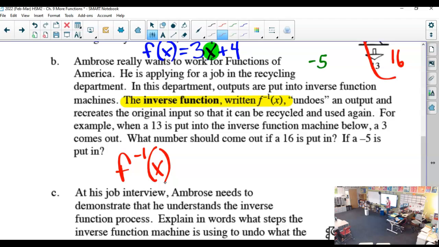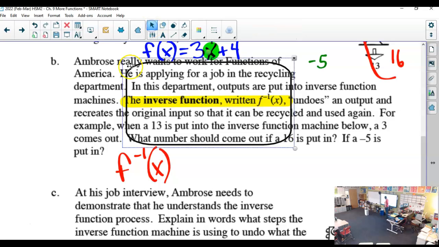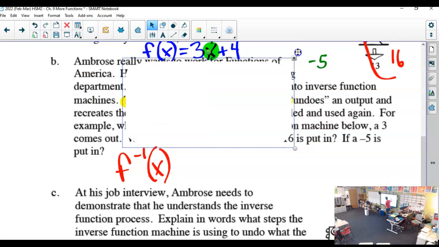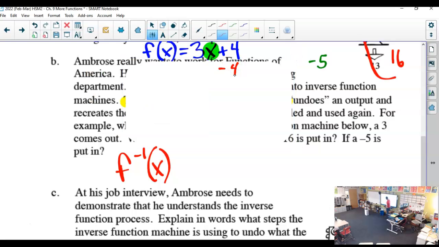When we're done, though, so here's the thing. While we're working this, I'm going to drop a little shape so I can work up here. While we're working this, I would still keep your terms how they are. And here's what I mean. I would subtract 4 on both sides, but then keep everything else that you had written. So f of x minus 4 equals 3 times x.